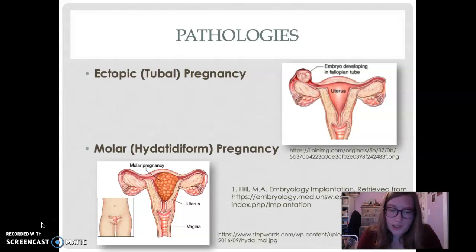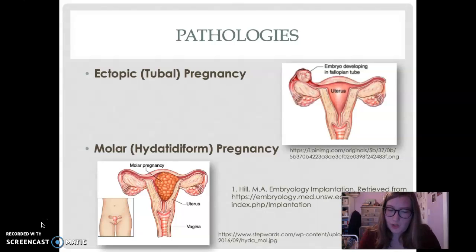Many times, this happens if the zona pellucida is lost too early or if uterine epithelium is damaged. Early abnormal levels of HCG can be used to diagnose this condition that cannot produce a viable fetus.